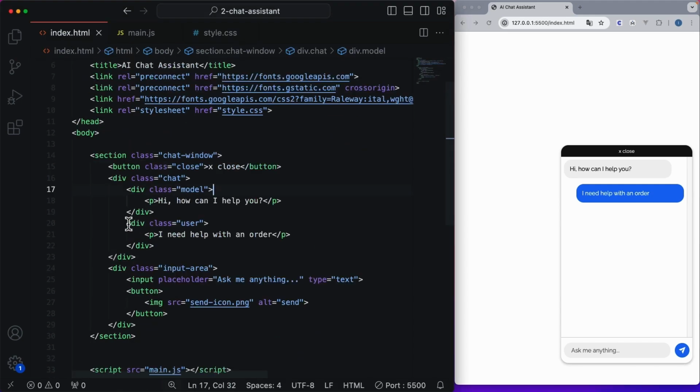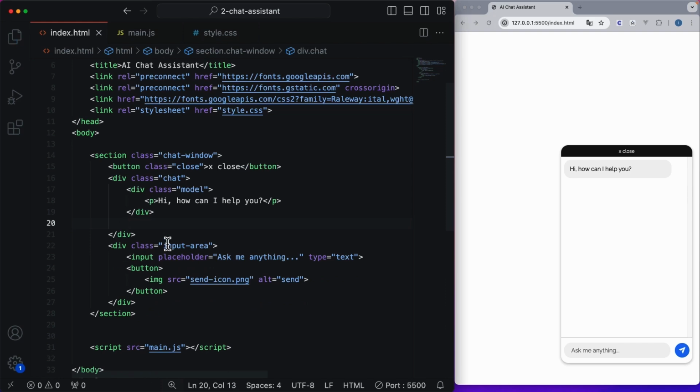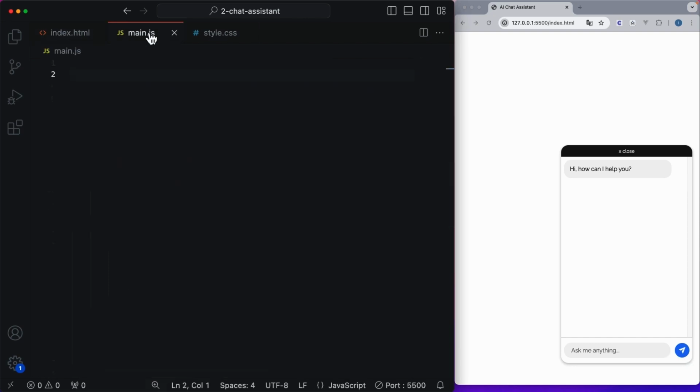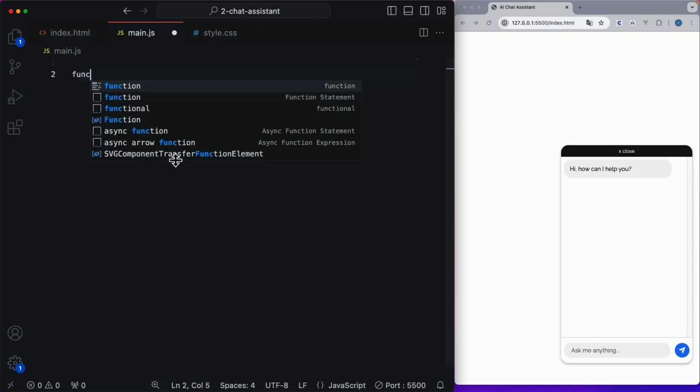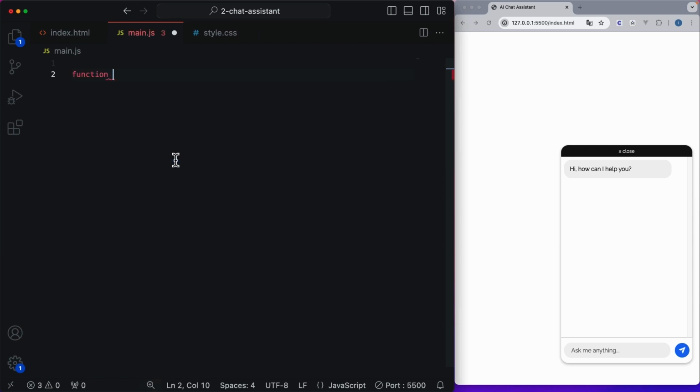Let's remember that we added this message just so we could test how the chat would look when it got bigger. Now we can delete this message because we're only going to start with how can I help you, and the rest is going to be the real chat interaction. Now here we have an input and we have a send button, so everything will start once the user sends the message. So I'm going to go to the JavaScript file and I'm going to create a new function called send